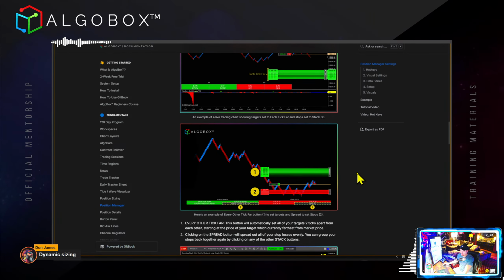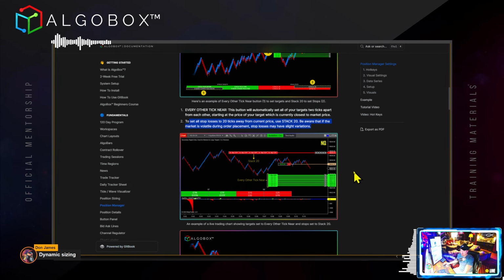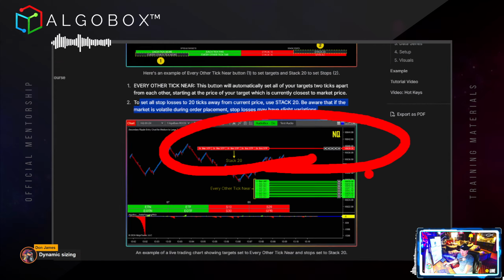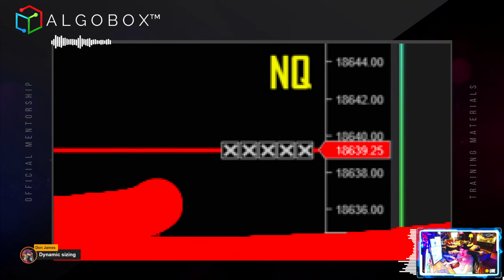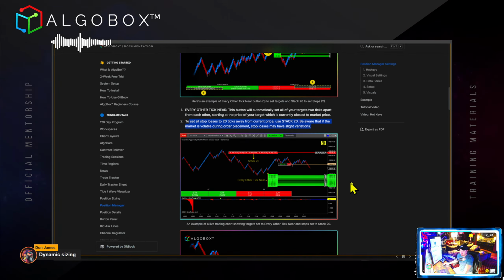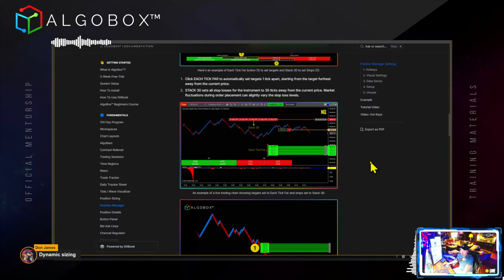So now that I've got them in one place, and I also don't want them to get tagged, I want it to go from this, where all my stops might be stacked up in one location, all of them on one price point, sitting there at 18,639.25. Now that they're all stacked right there, all in one spot,